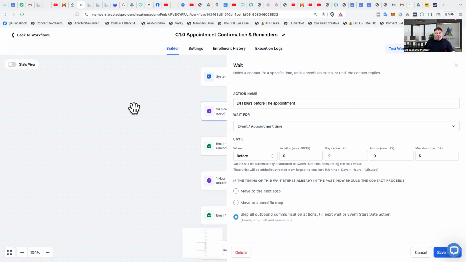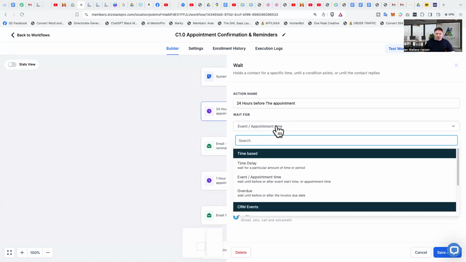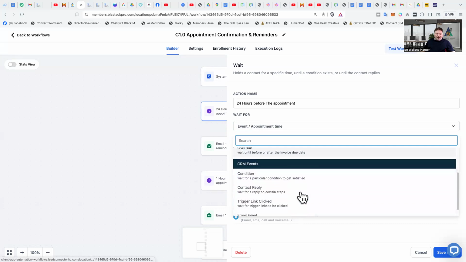24 hours before, we're going to have a wait. Now we're going to have a wait. And this is where it gets 24 hours before the appointment. And it's going to be event appointment time. It could be a normal wait. But we're going to add